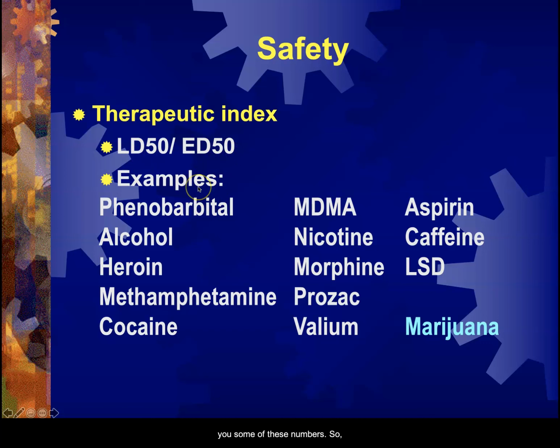And I'm going to give you some of these numbers. Phenobarbital is about a 3. Alcohol is between 4 and 10. Let's just call it 6. Let me explain that. Let's say the effective dose to get drunk takes you 4 drinks in an hour. So you do 4 shots in an hour, you're drunk. That's your effective dose. If you do 6 times that, you do 24 shots in an hour, you've got a 50-50 chance of dying on the spot. And it may be as high as 10. If you do 40 shots in an hour, you've got a good chance that you're going to die. So it's a fairly low therapeutic index.